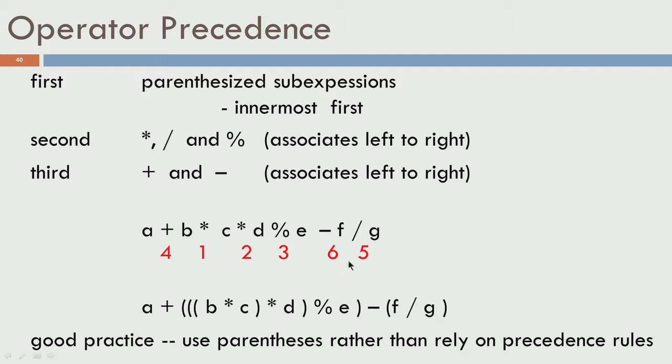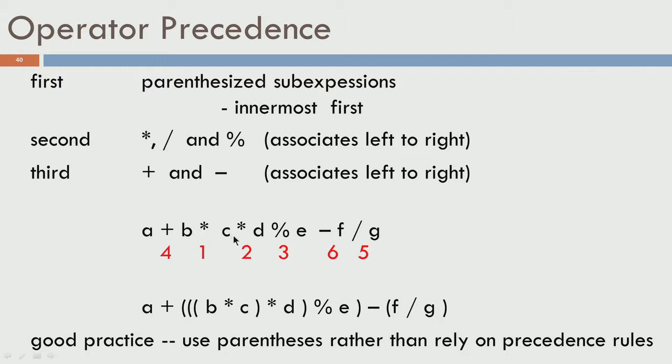So, the numbers that you see on the right side are not the values attached to these variables, instead that indicates the order in which the operations will be done. So, if this expression is given to you, the very first operation that will be done would be B times C. So, this star is the very first operation that will be done. The result of B times C will be stored temporarily somewhere, that result will be multiplied by D. So, this star is the second operation that will be done.